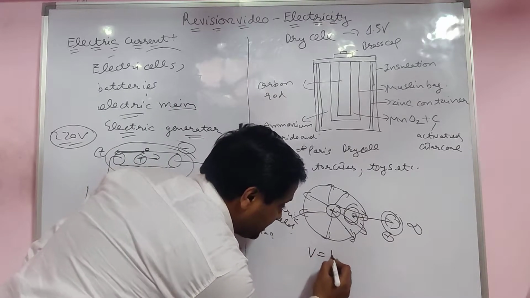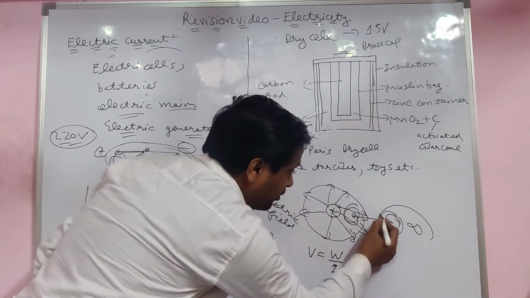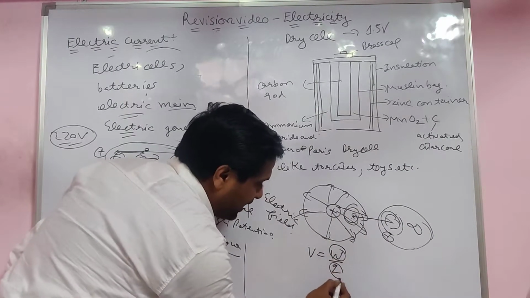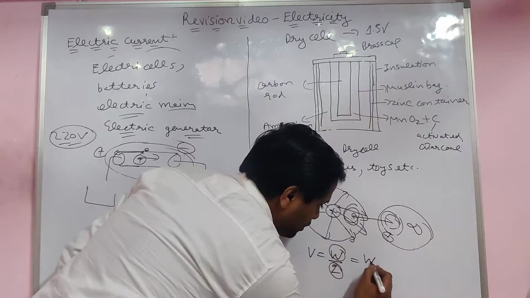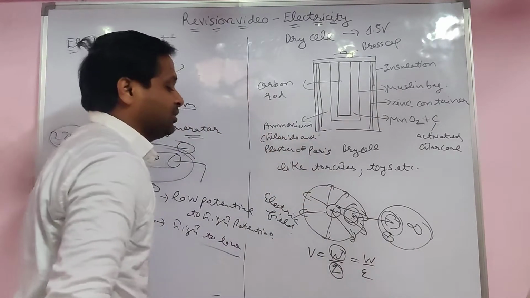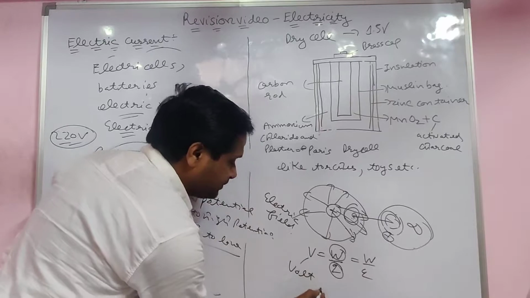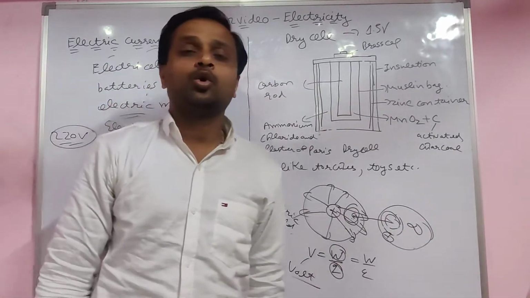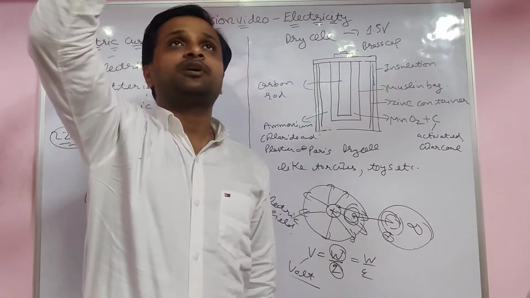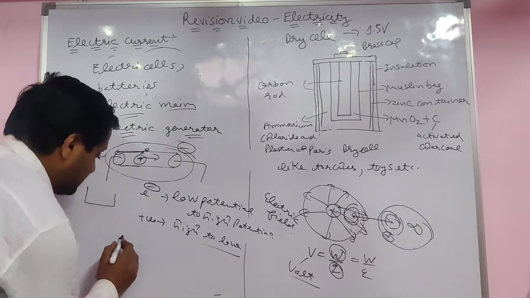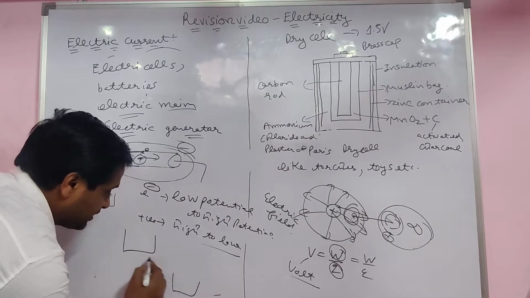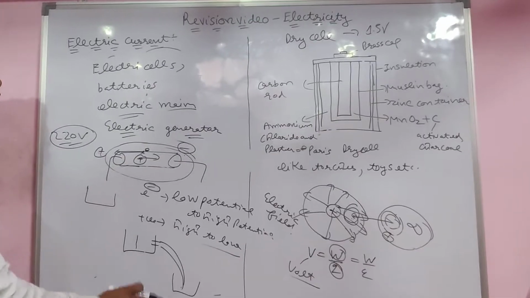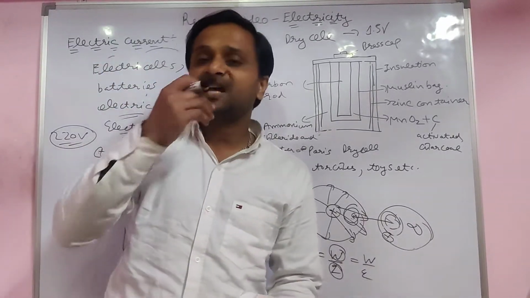So what is the potential? That is the work done to take the charge from infinity to that point. That is the work done per unit charge, W upon Q. W means work done, Q means charge. So their unit is a volt, student. And positive charge always moves from high voltage to low voltage, like a tank. For example, this is a tank up to some height, and one tank here. The water moves from here to here only. High to low only. Keep in mind.